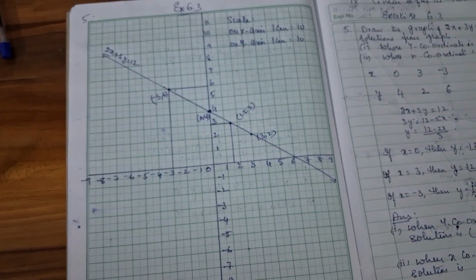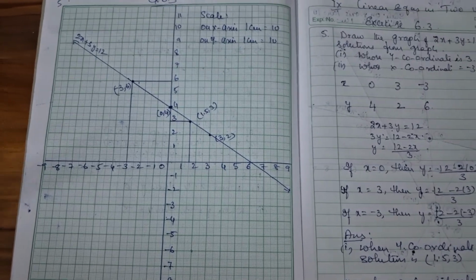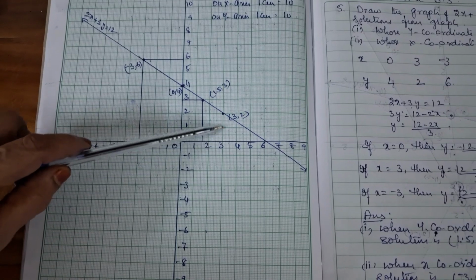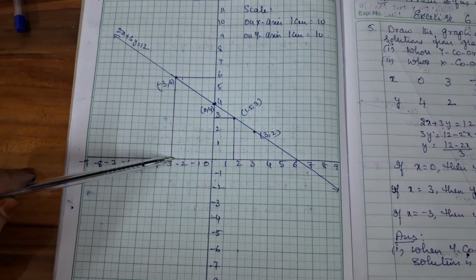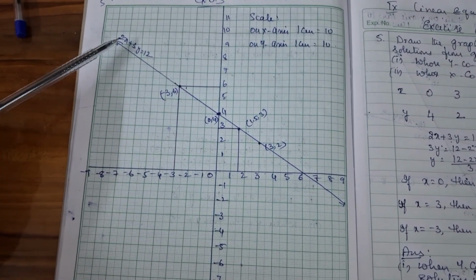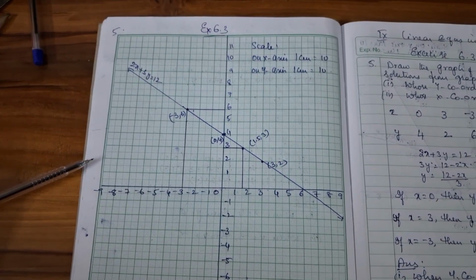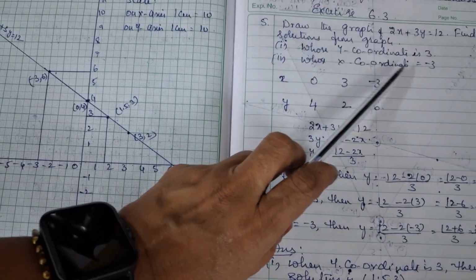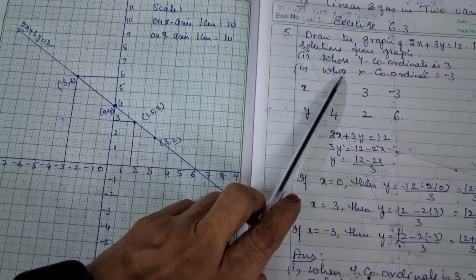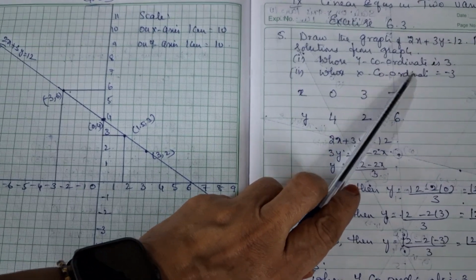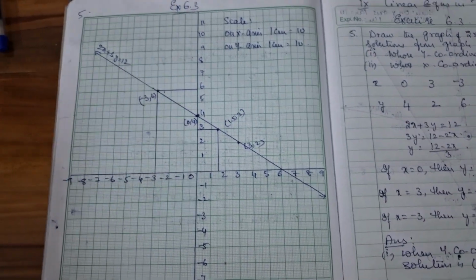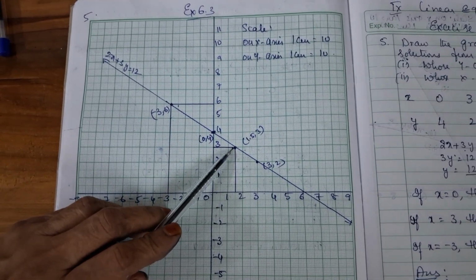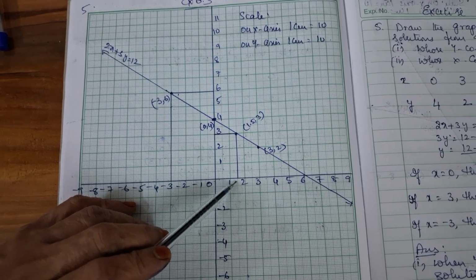So this is the graph, children. In this graph, x is 0, y is 4. x is 3, y is 2. x is minus 3, y is 6. So this is the line that I have got for this problem, children. Now what is the question? We have to find the x coordinate when the y coordinate is 3. For y coordinate 3, this is the y coordinate. I have drawn a straight line here, and it intersected here. When I found this value,